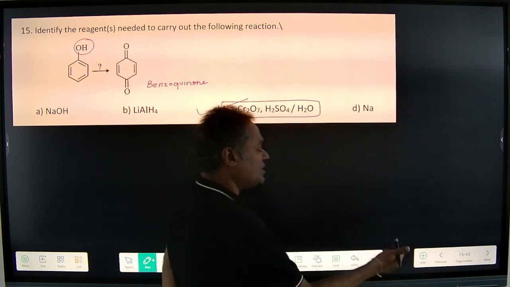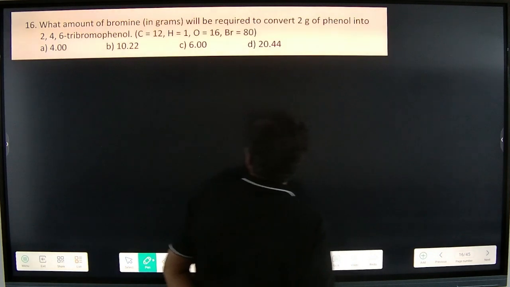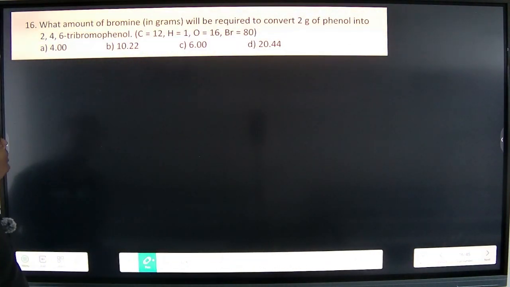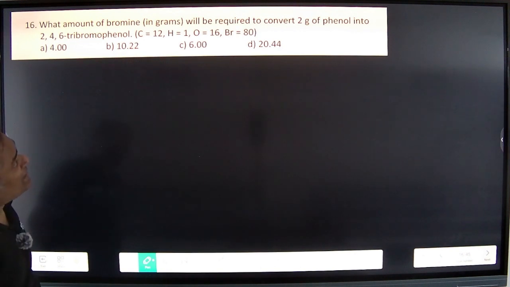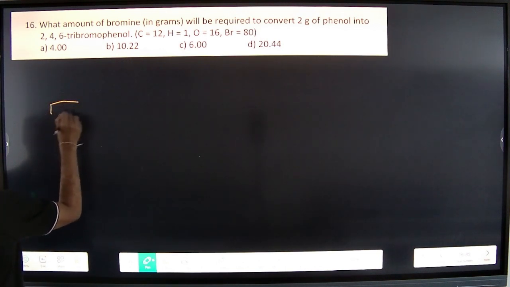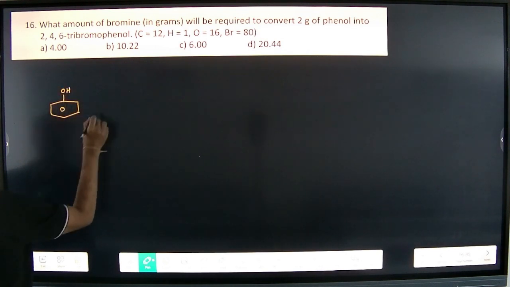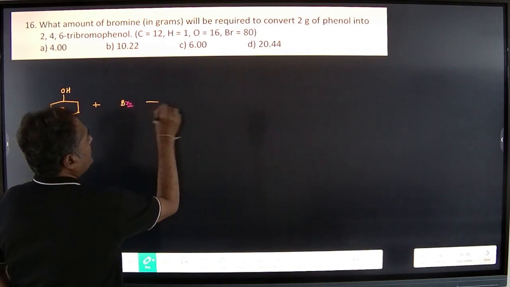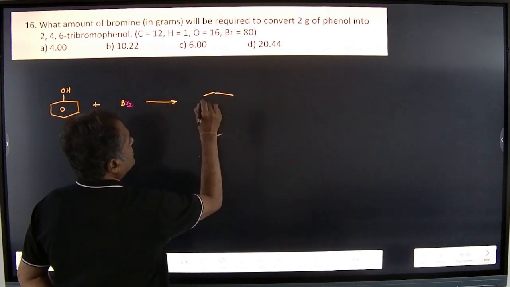The next question will be again what? Let us see. Now, over here what they have given, child: what amount of bromine will be required to convert 2 grams of phenol into 2,4,6-tribromophenol, correct? Now, basically, do you remember, child, what this reaction is? The reaction is, if you take a phenol unit and you treat this with bromine, correct? What is the product obtained, they are telling? The product obtained is nothing but